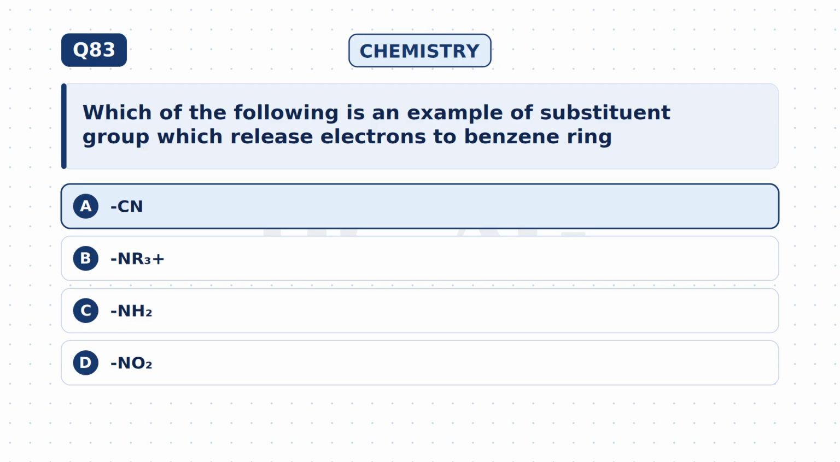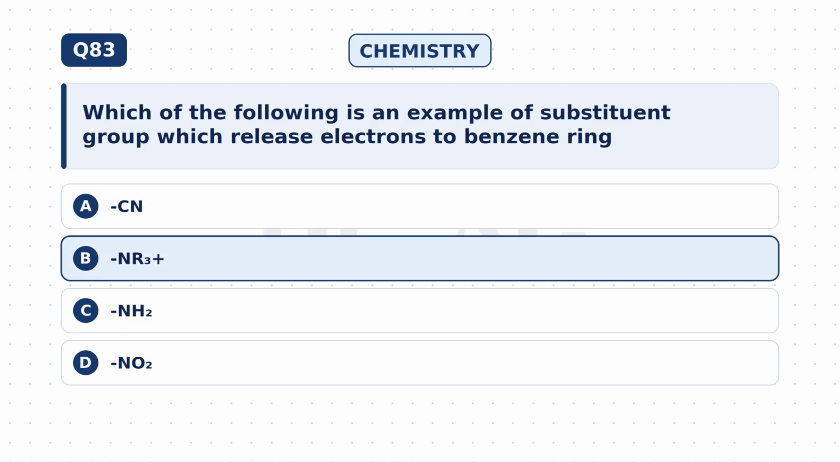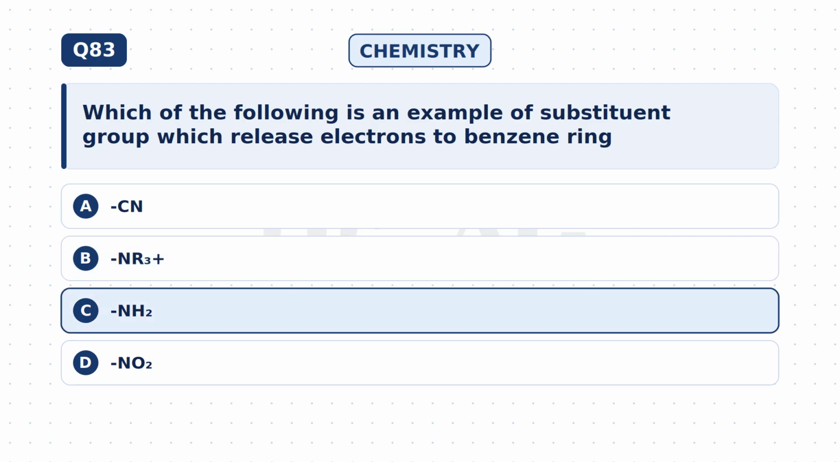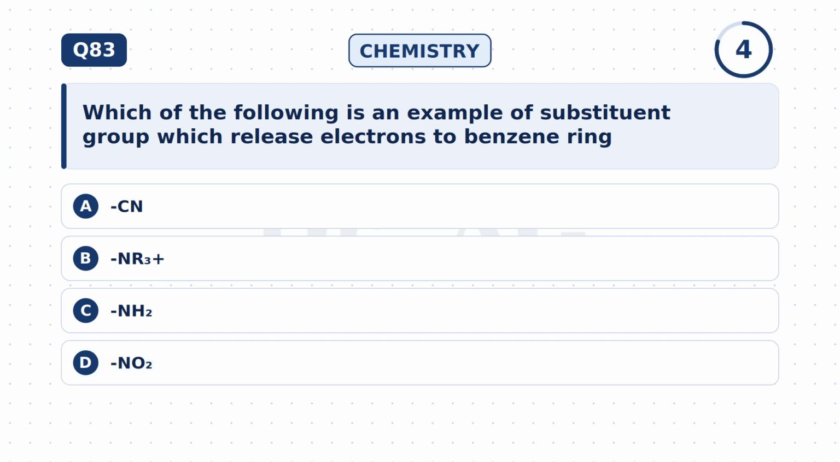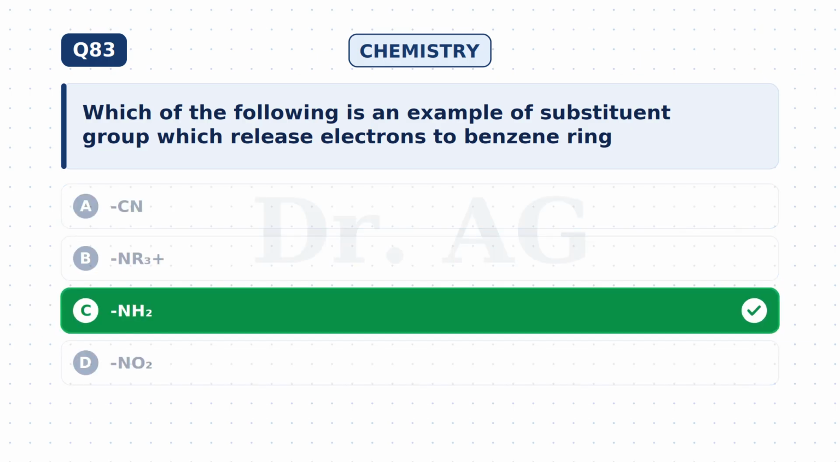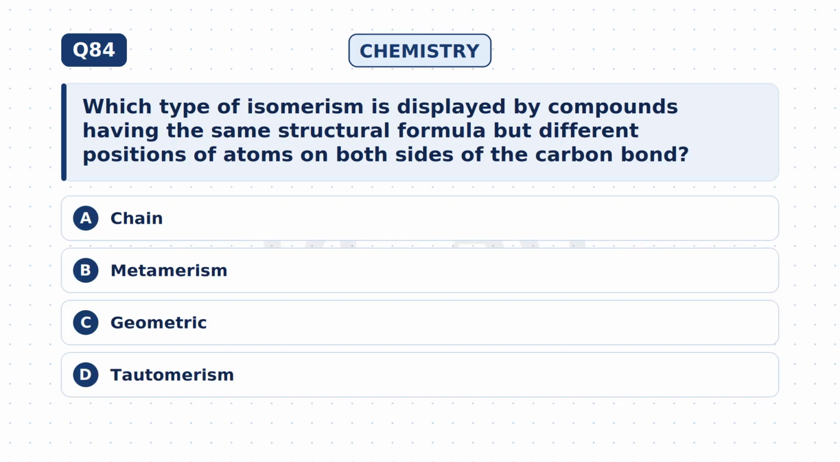Option A, minus CN. Option B, minus NR3+. Option C, minus NH2. Option D, minus nitrogen dioxide. The correct answer is C, minus NH2. Question 84. Which type of isomerism is displayed by compounds having the same structural formula but different positions of atoms